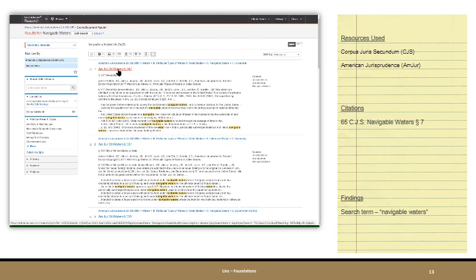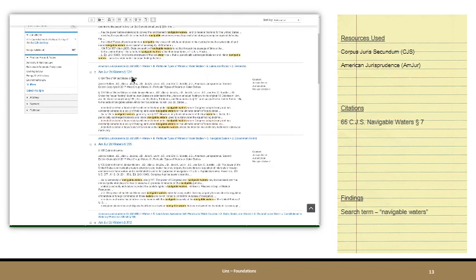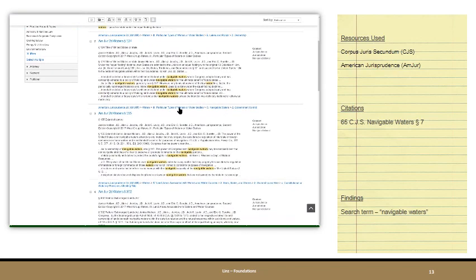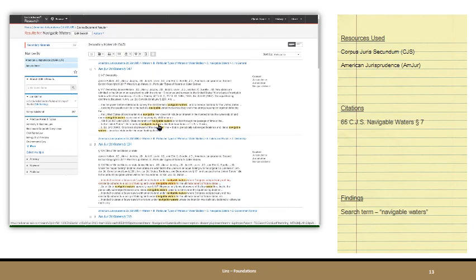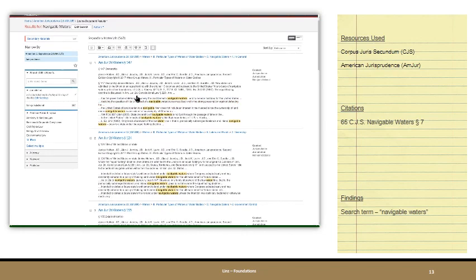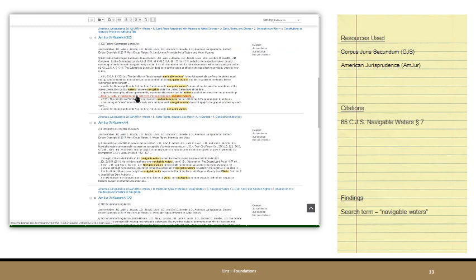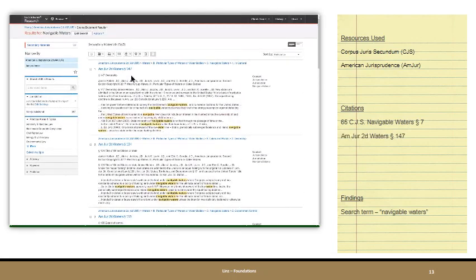And from our highlights, we see something about navigable waters, different section numbers. We see a context of it: particular types of waters or bodies, navigable water, government control, beds, banks, ownership and use, constitutional provisions. For our purposes, we really could bring up any of these to see how it's treated, if it's treated much differently from CJS.